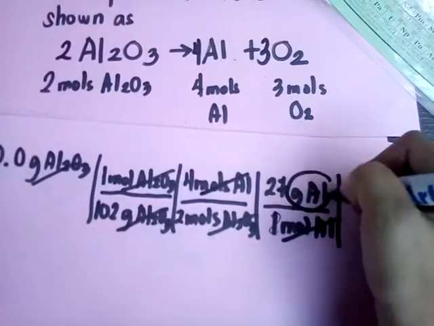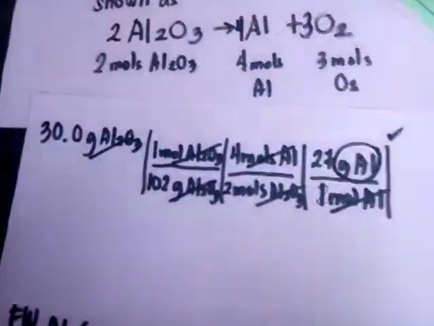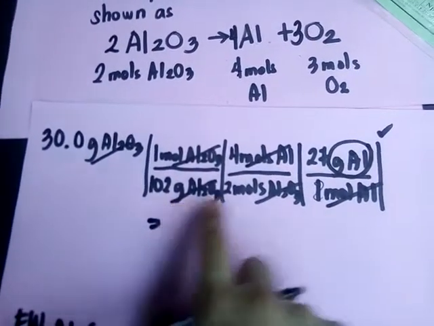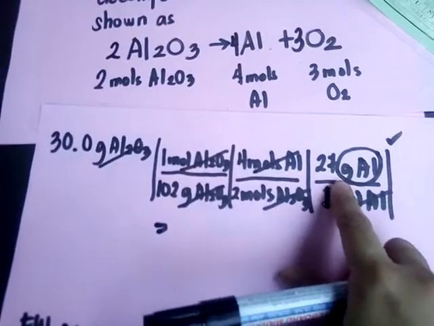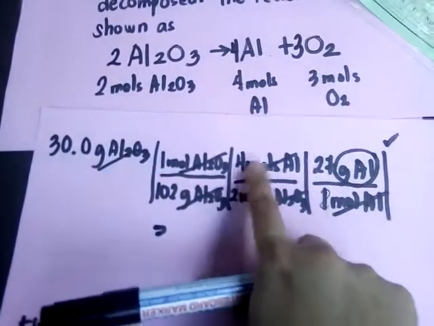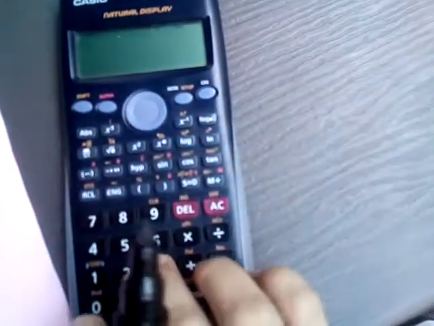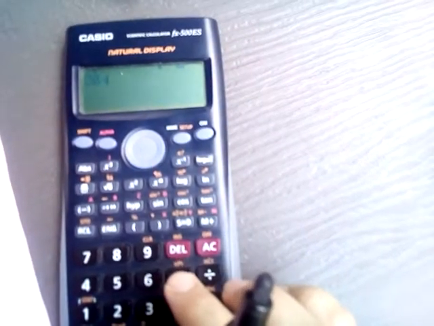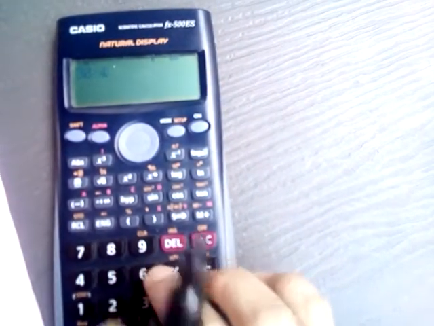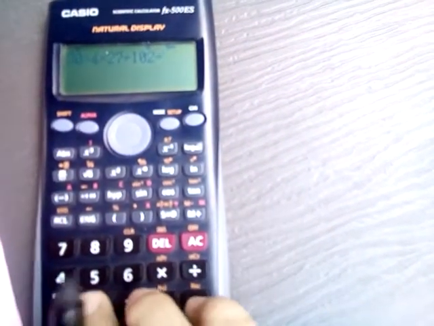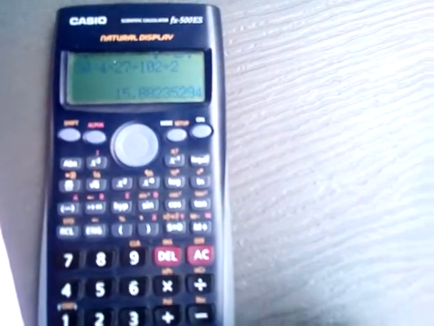So is this our desired unit? Yes. So now you just encode in your calculator. So that would be 30 divided by 102 times 2 times 27, or 30 times 4 times 27 divided by 102 divided by 2. So in your calculator, you encode 30 times 4 times 27 divided by 102 divided by 2. Alright, so this is our answer. So our answer is